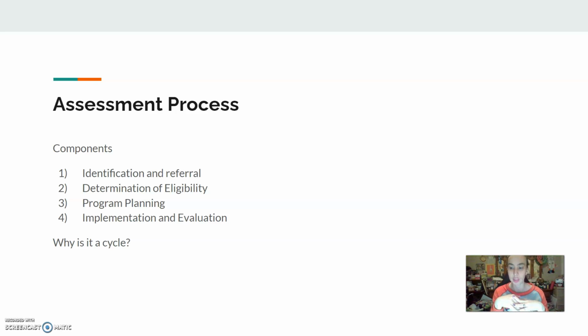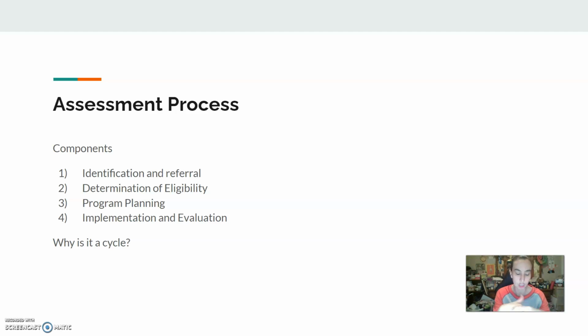From there, if it's decided that yes, they do meet the eligibility requirements, then it goes on to program planning, where they start to assemble a plan for this child, an academic plan. After they assemble the academic plan, they go over it with the parents. They do the IEP, then they do